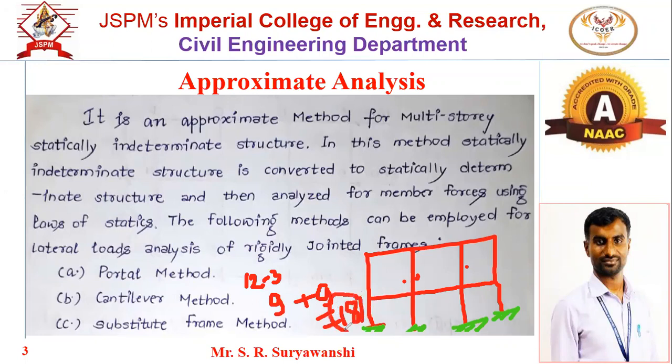If you use the flexibility method, how many unknowns will you get? 18 unknown forces, and the matrix will be of order 18 by 18. An 18 by 18 square matrix, and the number of elements will be 18 into 18. That many elements we have to find out if we use the flexibility method. Manually we can't go for a matrix more than 3 by 3, because manually or using a calculator we can solve up to a 3 by 3 matrix only.